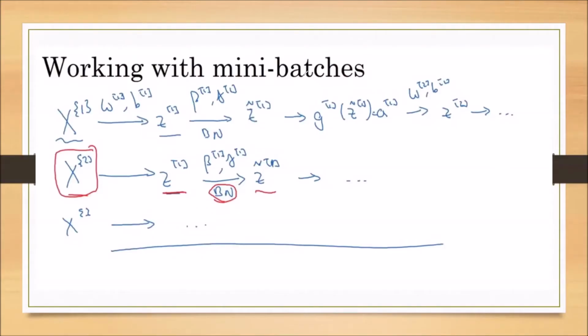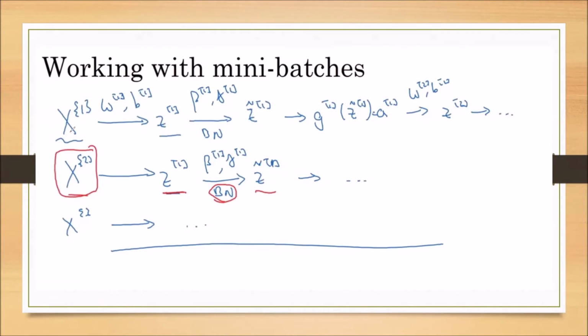Now we are discussing the working of batch normalization with mini batches. Whenever we have 5 lakh training samples, we divide them into 5,000 batches, and each batch consists of 1,000 training samples. This is the first batch, this is the second batch, and this is the third mini batch. These are what we call mini batches.